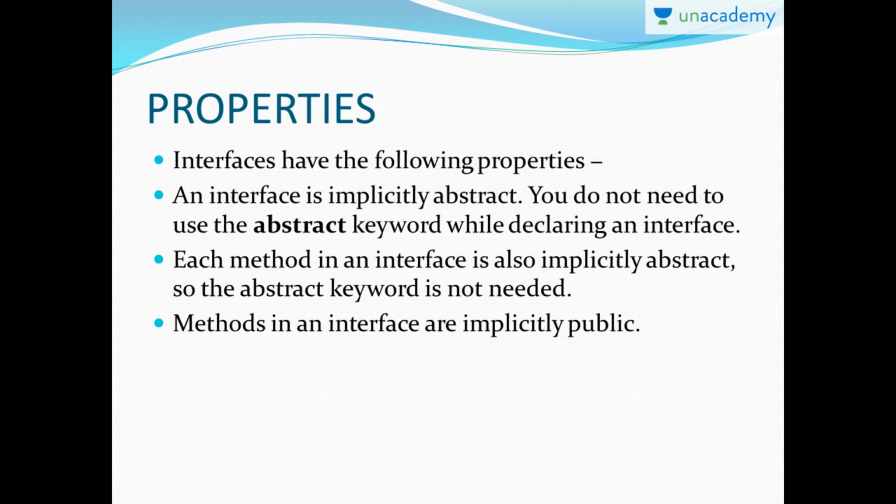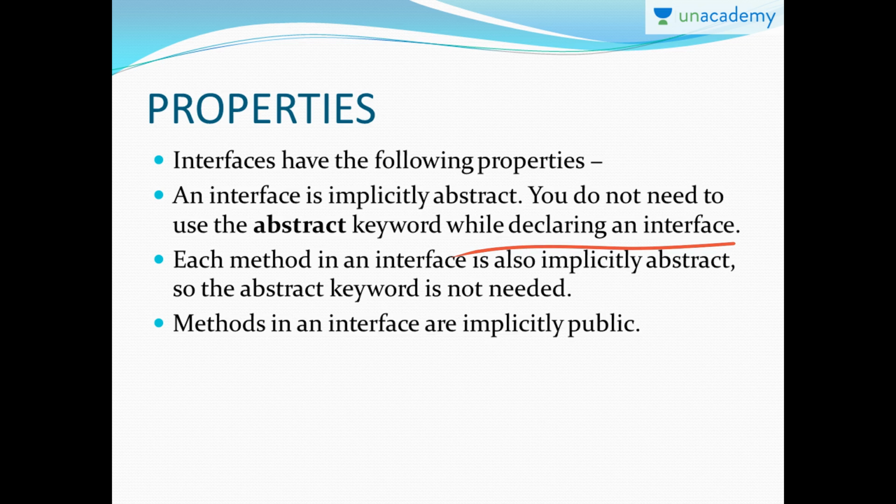Next, let us see the properties of an interface. The interface properties are really very important. Basically, an interface is always abstract, that is, an interface basically consists of abstract methods, and using the abstract keyword while declaring an interface is not necessary, because the methods which we are declaring inside are already abstract. So an interface implicitly becomes abstract, right? When you have only abstract methods, it will be abstract. So that is the basic property of it.